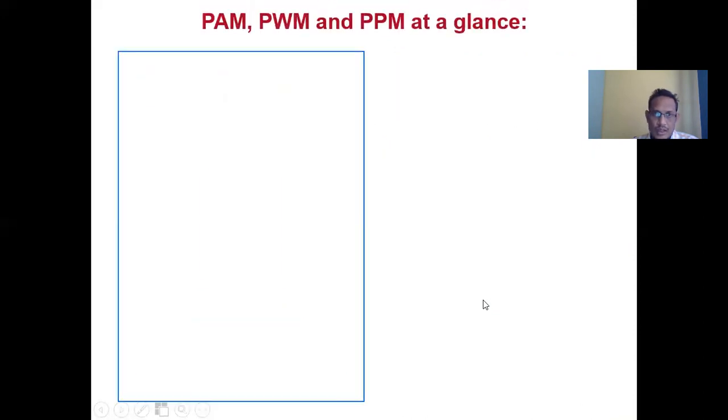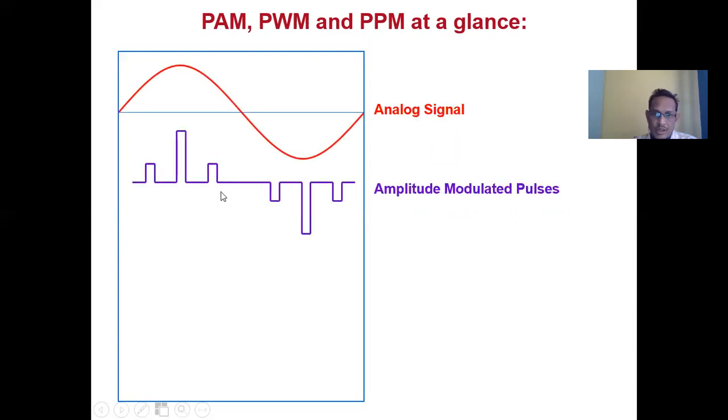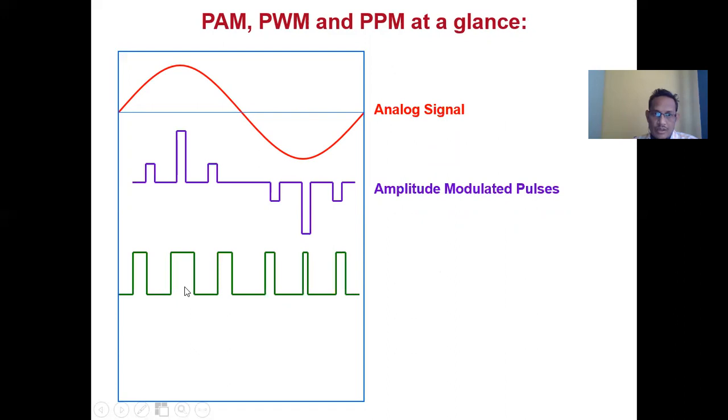So at one point you are able to generate the pulse amplitude modulation, pulse width modulation, and the pulse position modulation. So this is nothing but the analog signal, the modulating signal. This is called the pulse amplitude modulation. This is called the pulse width modulation. As per this case, maximum amplitude, maximum width, minimum amplitude, minimum width. This is in the case of pulse amplitude modulation.